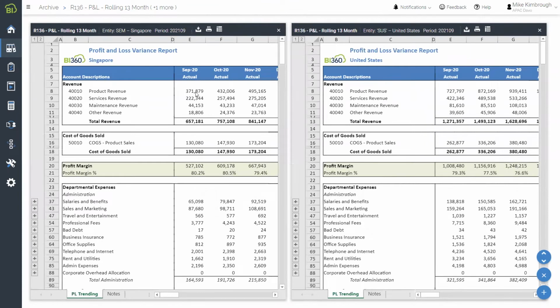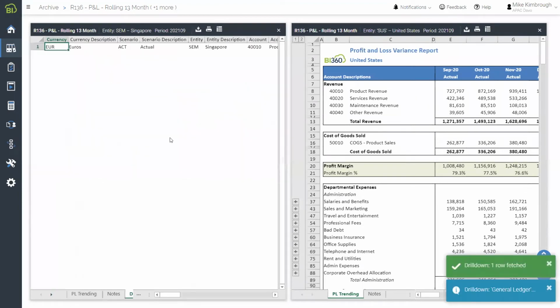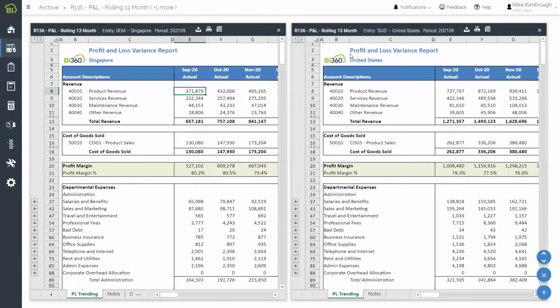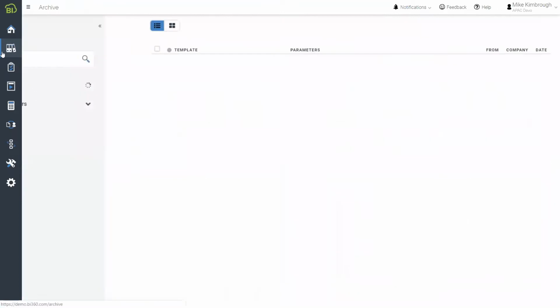I can go in and look at revenue and say, show me the general ledger. Probably not a lot of transactions in this one. Yeah, just one transaction. But I can compare this report to the exact same report for a different company side by side. So also a very cool feature within inside of BI360. So I can go right back into